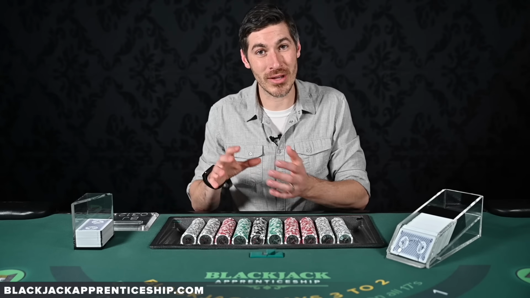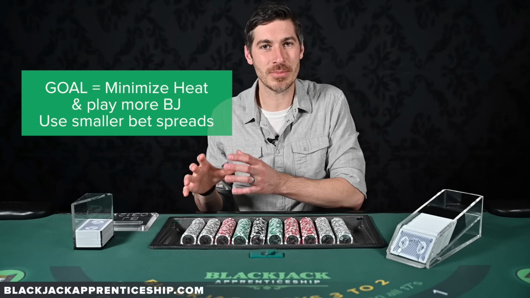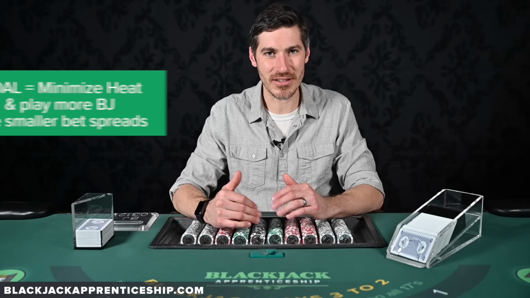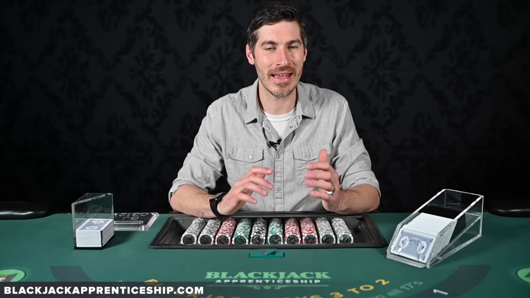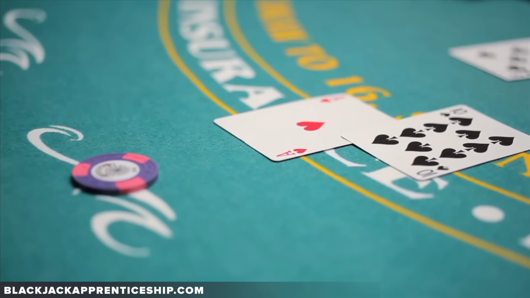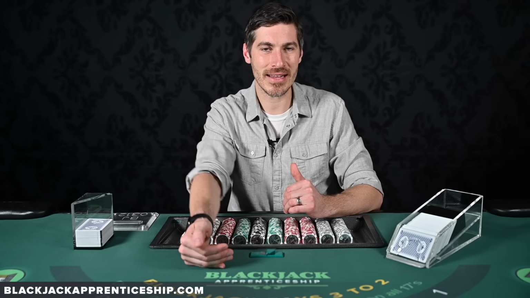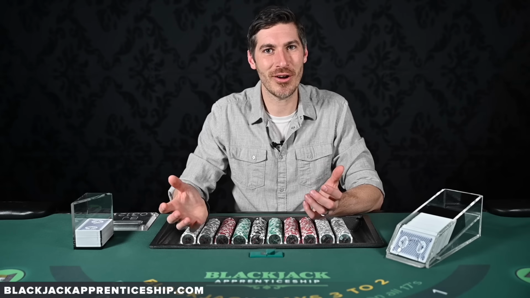But if you're someone that really wants to minimize heat and back-offs, if your goal is to play as much blackjack as you can without back-offs, then you're going to want to minimize your bet spread. The smaller bet spread you have, the less heat you generally get, but also the less EV you can generate. I think most people fall somewhere in between, which is like, how far can I push my bet spread without too much heat? And, you know, it's kind of subjective,